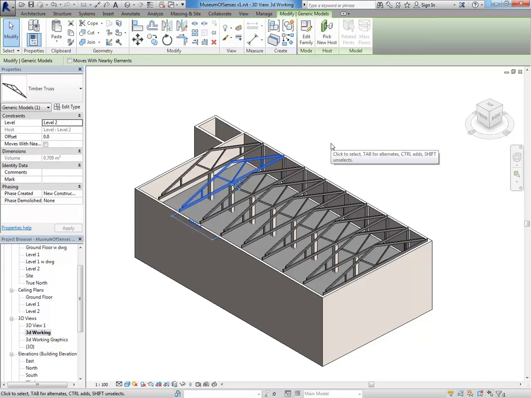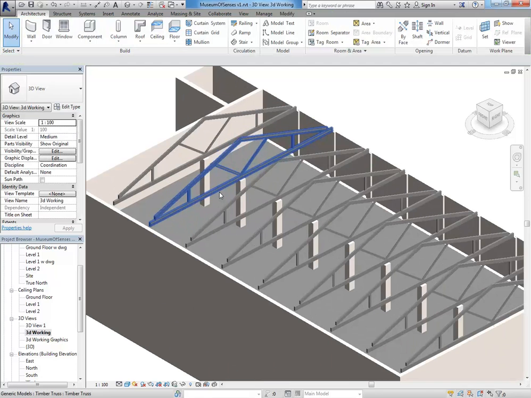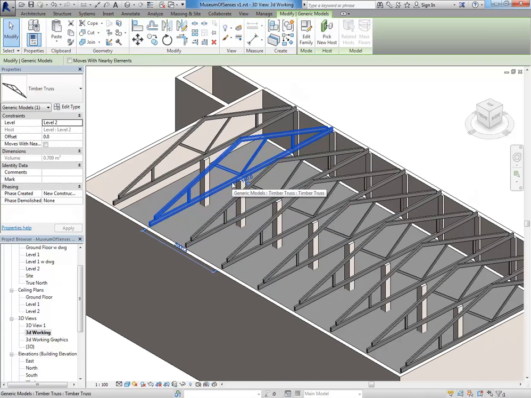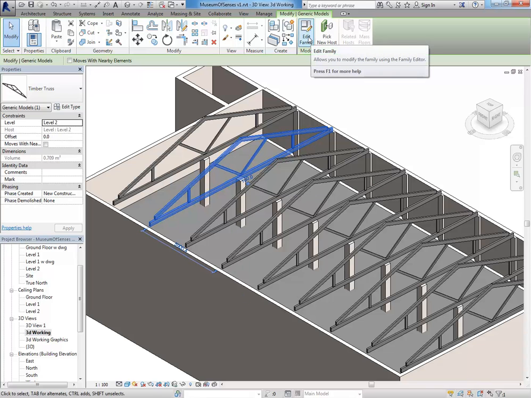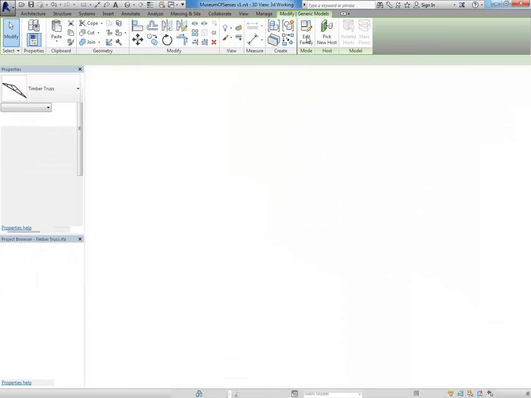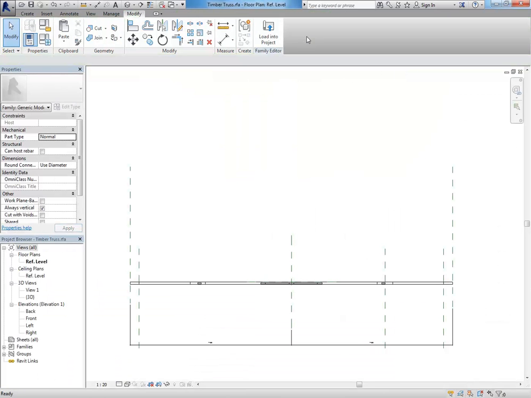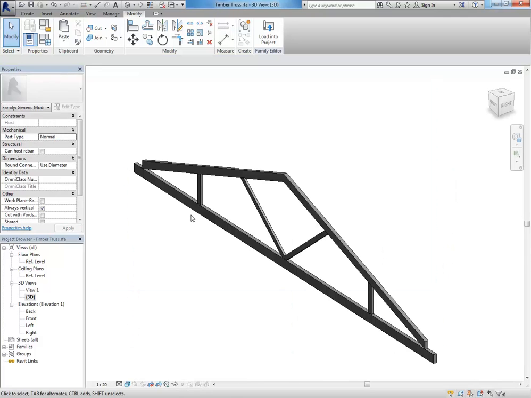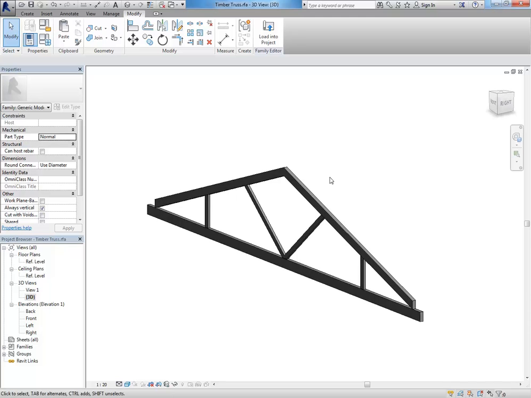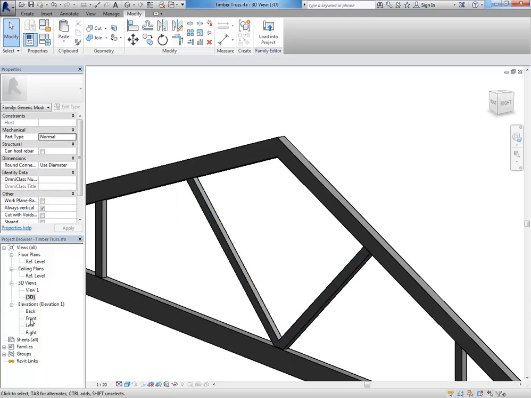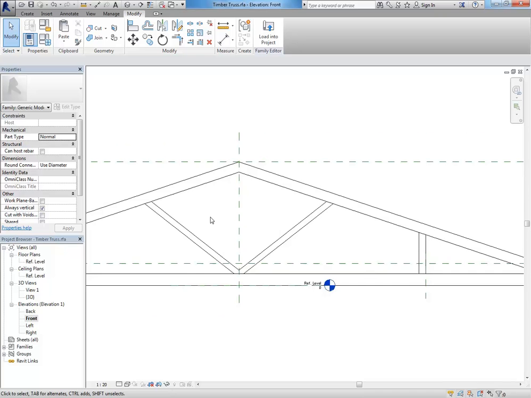So that's the first step, getting the options that you need. So now with any of those truss members selected, doesn't matter which one, I can go to Edit Family on the ribbon there, and that will take me back to the file. So that's a really important procedure when you've made a family, to be able to go back into the file without having to go and open it manually. So here it is with the piece missing, and in the front view I'm going to just model that in,